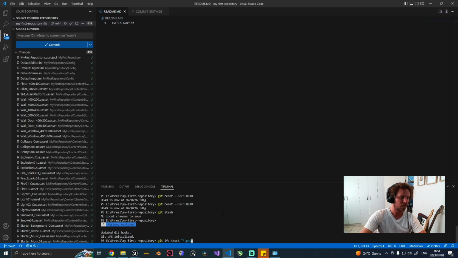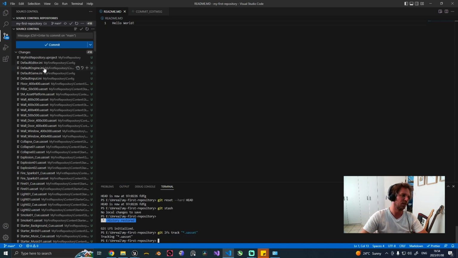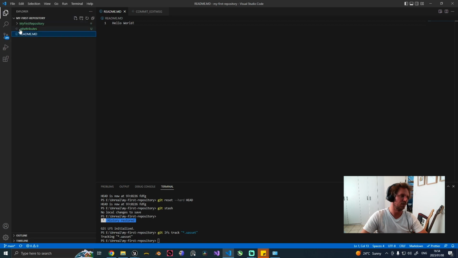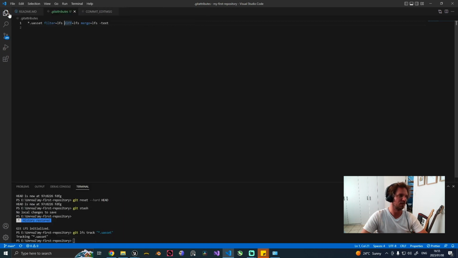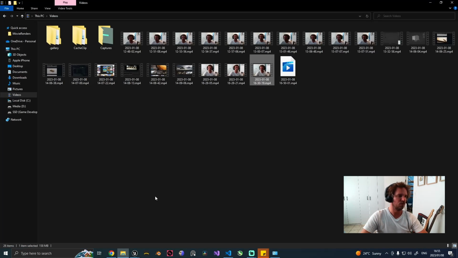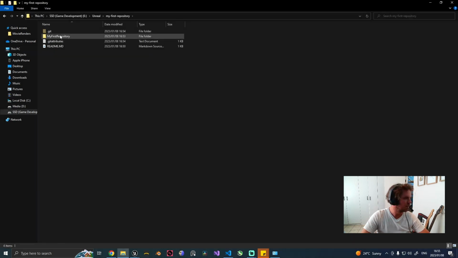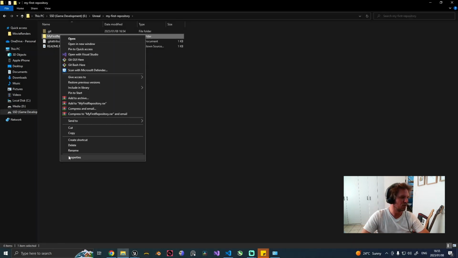Okay? And for now, the large ones we have is uassets. So uasset, there we go. Now what you should see is in your folder, Git attributes that says uasset is a large file type. Okay. What you'll also notice is in your repo, you'll also just want to check what the size is of